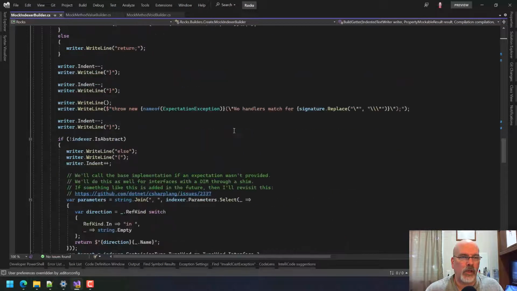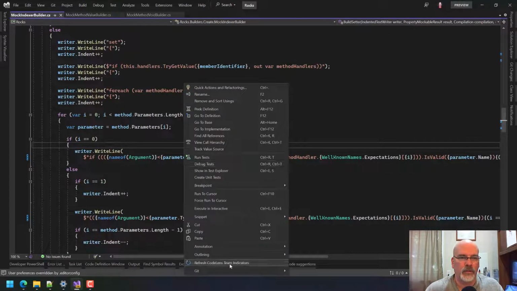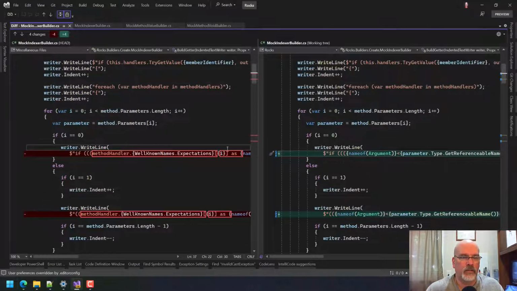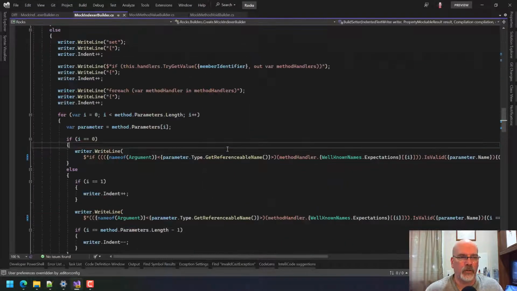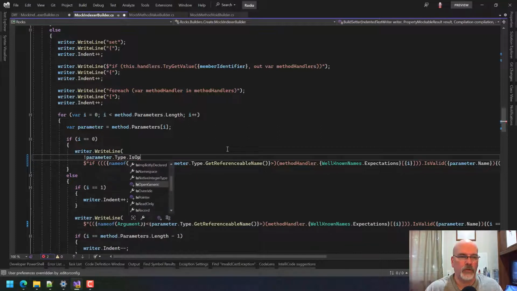Okay. So same thing here. We're going to do a compare with unmodified. We're going to grab that code there, come out here, and say right at that red line, not parameter type is open generic. Can you even do open generics on an indexer? I think I've run into this before. I don't think you can.